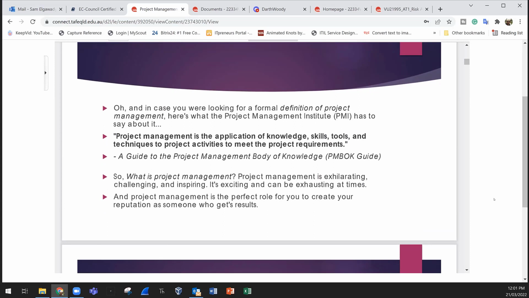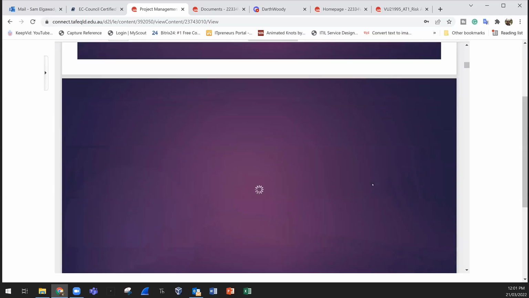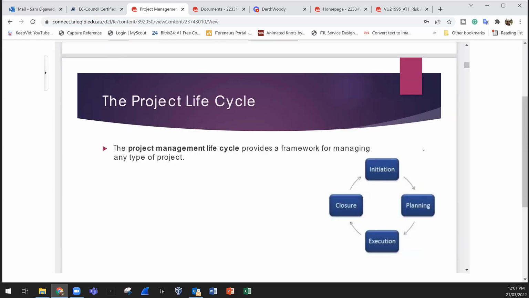So the formal definition of project management is the application of knowledge, skills, tools, and techniques to project activities to meet the project requirements. Okay. Good. Then